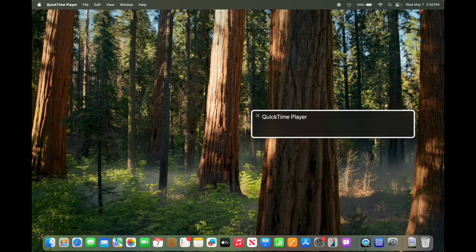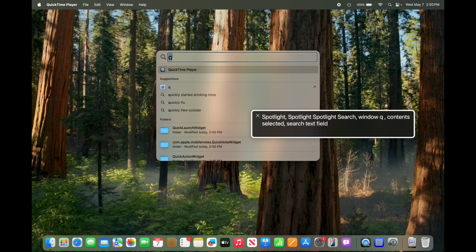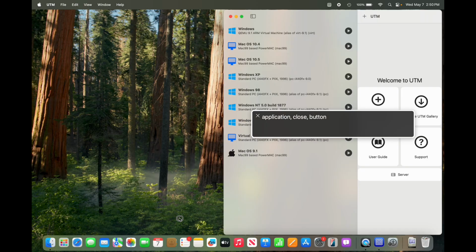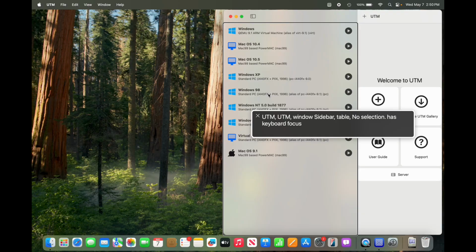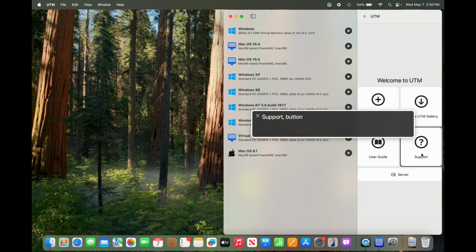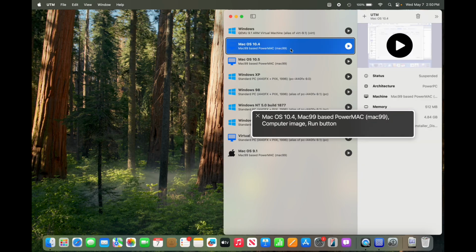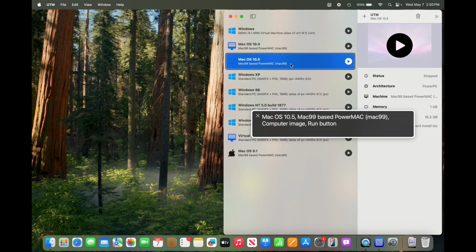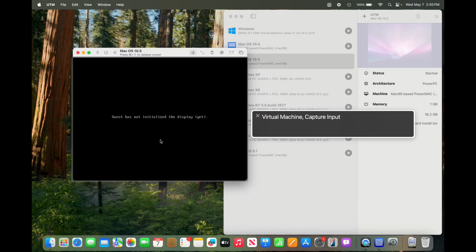That's the software I use for this. Spotlight, UTM application, close button, UTM. UTM on my modern MacBook, and we're going to run macOS 10.5. Created, browse UTM user guide, support, vertical sidebar, macOS 10.4, macOS 10.5, Mac UTM window, toolbar, virtual tool, Mac full